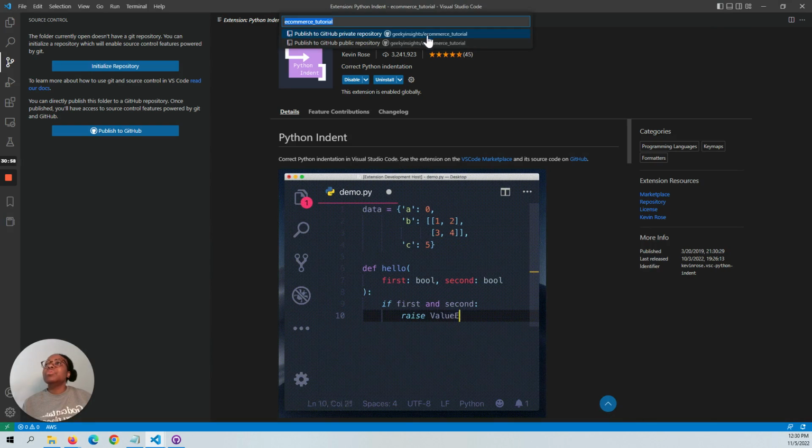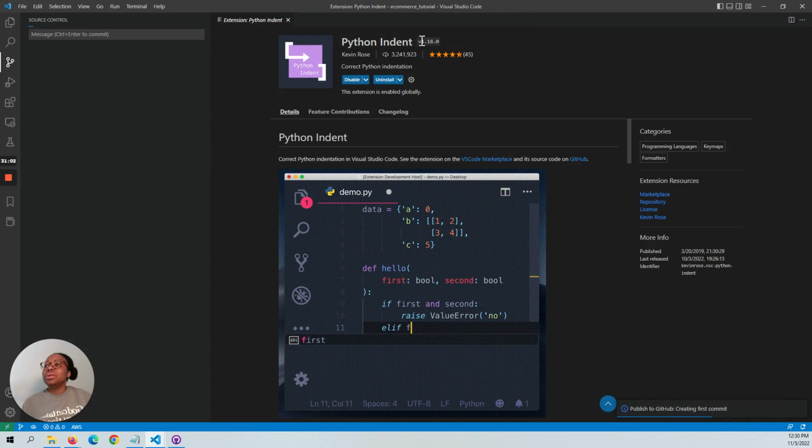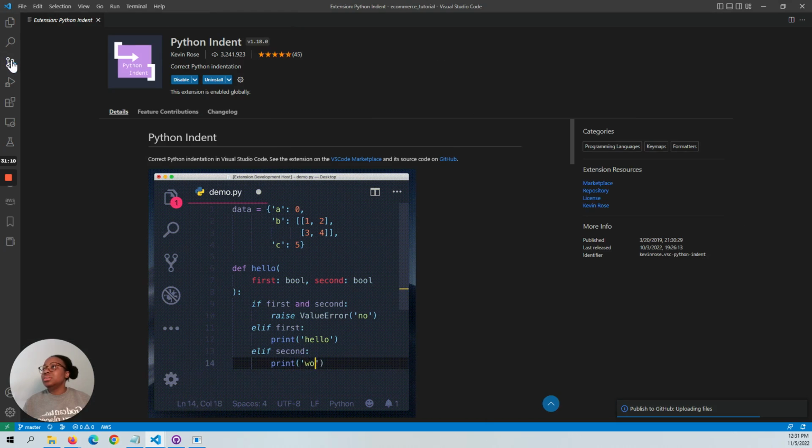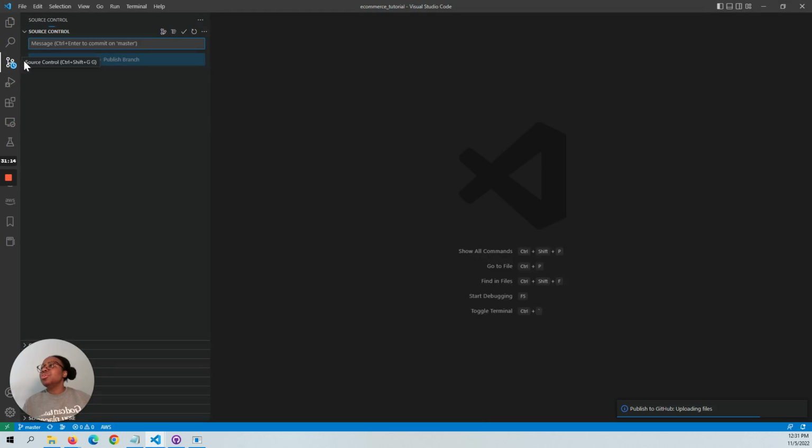And this is a private repo, published to GitHub as a private repo. We'll make this public once we're finished with all the tutorials. And so there we go. It is now synced with Git. We're going to get out of this. If you notice, it tells you,